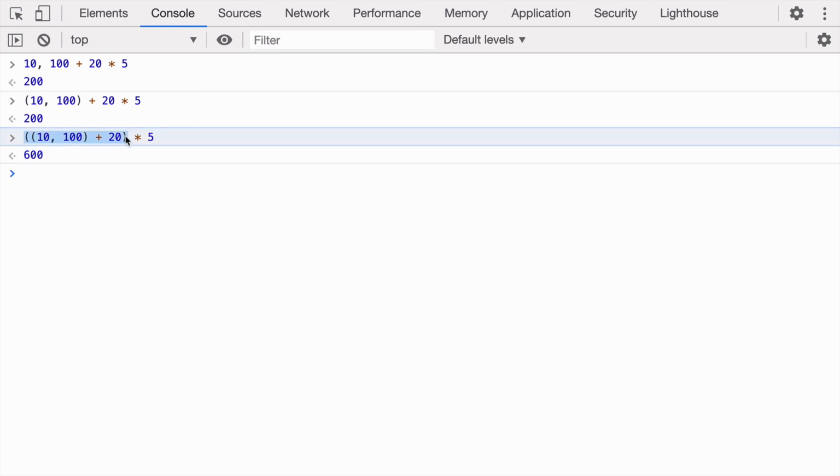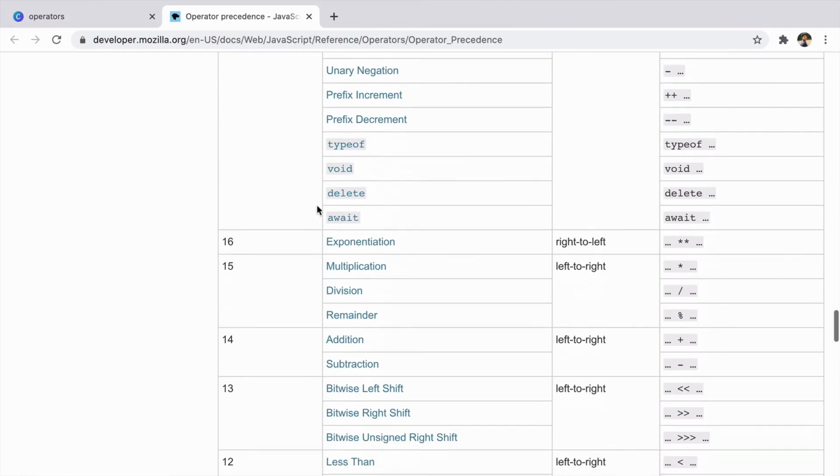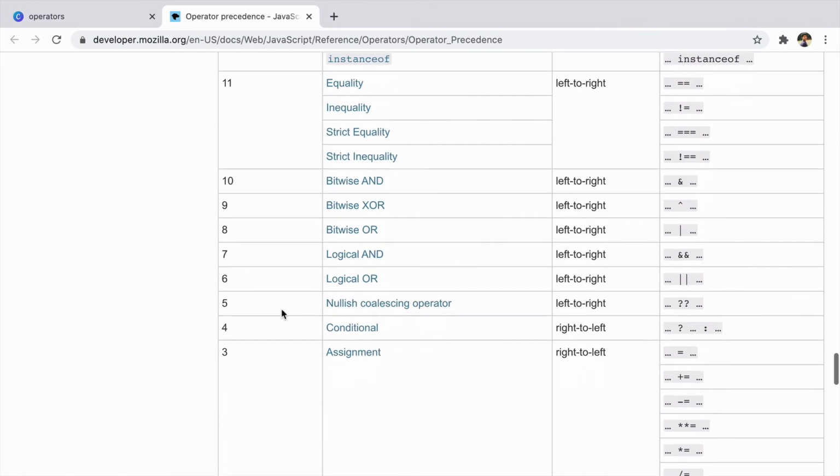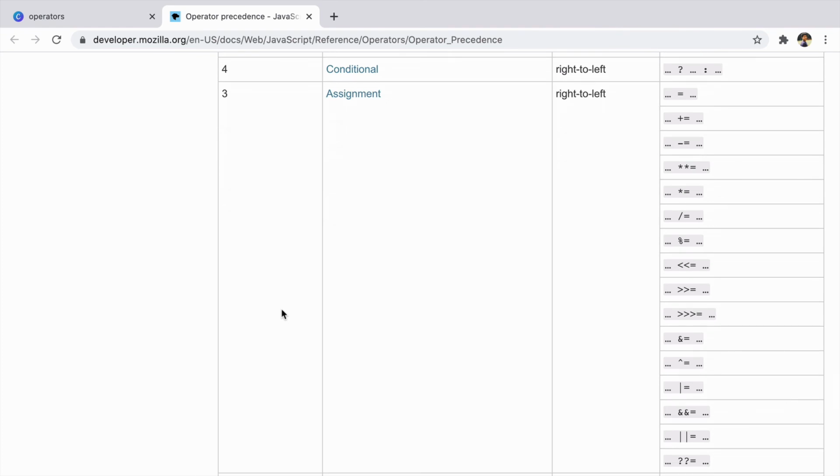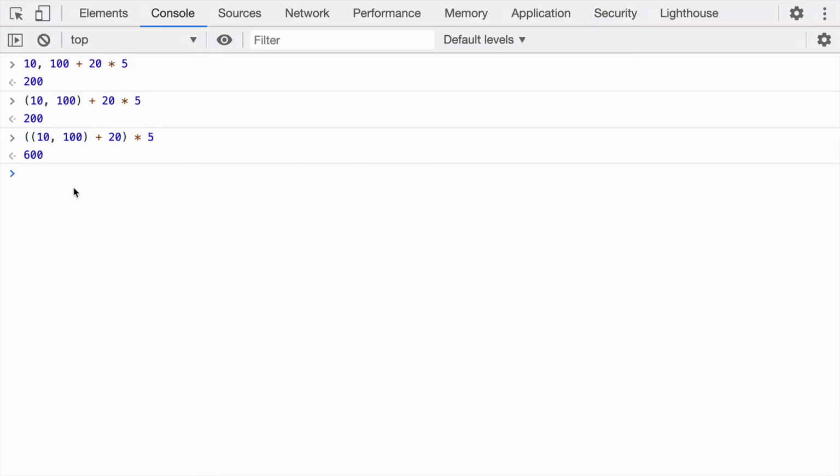So this is how you can change the precedence by using brackets, which are the most powerful in the precedence list. Don't worry, you must be thinking you'll have to remember the precedence of all these operators. You don't have to do that. The simplest way to deal with this kind of equation is, whenever you want to prioritize any operator, just use the bracket operator to prioritize it. You don't have to remember anything. Like, I wanted to prioritize this comma operator, so I wrapped it in brackets. I wanted to prioritize this addition operator more than this multiplication operator, so I wrapped it in brackets.